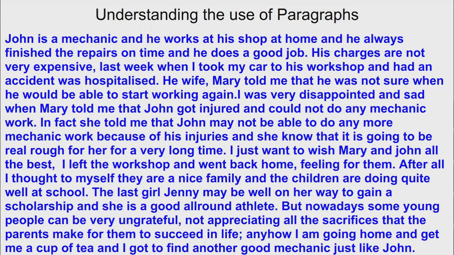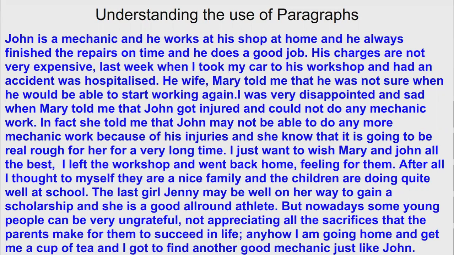And when you're reading it, you would say, his wife Mary told me, quote, unquote, he is not sure when he will be able to start working again. Or some people say, quote, and when they get to the end, they will say, close quote. It doesn't matter. But once you finish the sentence, even if you preface it by saying, Mary told me, quote, unquote, then when you get to the word again and you pause, everybody knows that is what Mary told you.